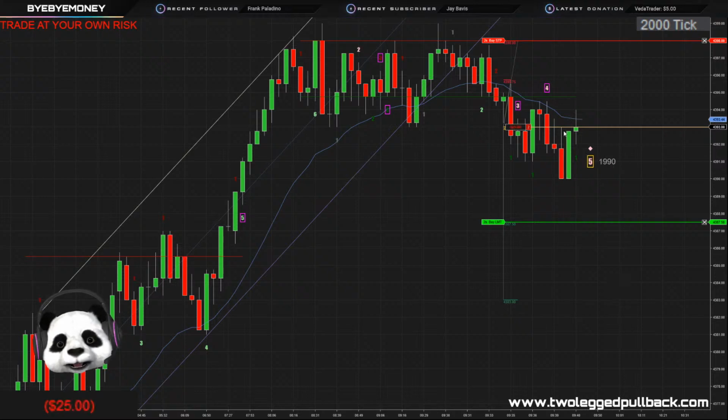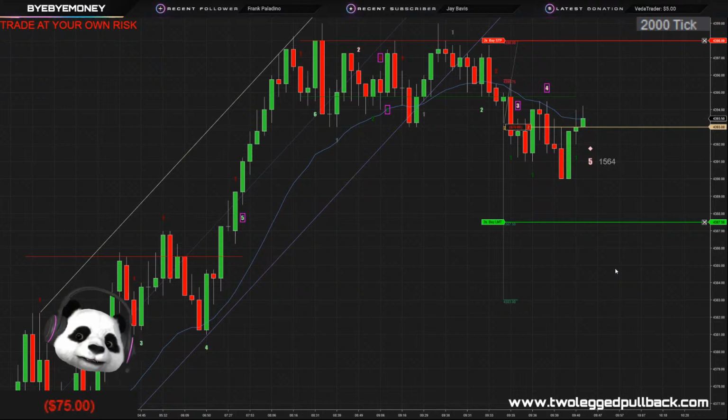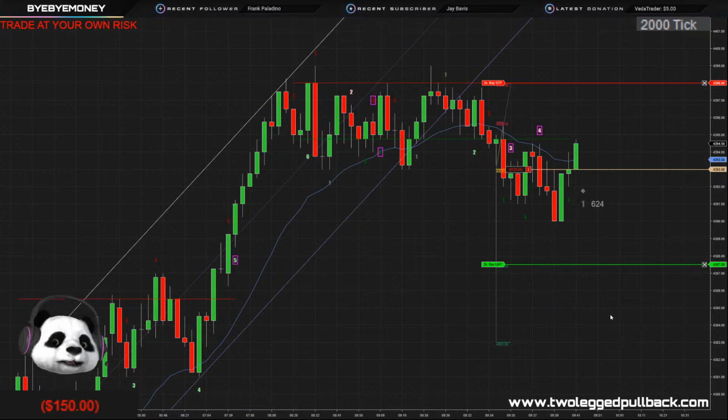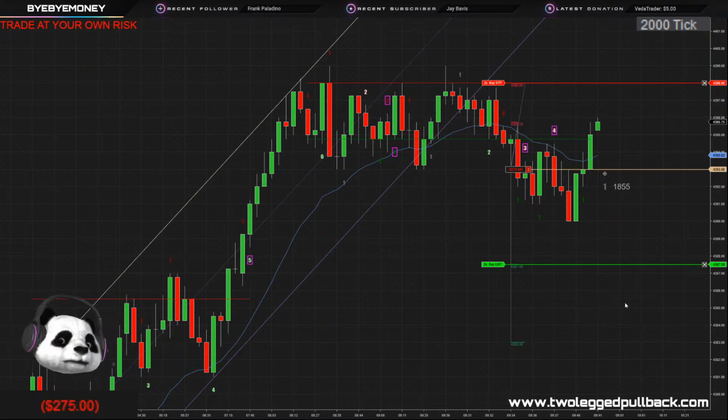Big reversal bar here. Should I skunk this trade? Looks like it wants to hit my stop loss. Had a 3-point swing. That's not enough though for the risk, for the setup here and for the risk reward. You're thinking 2x risk reward here. Looks like it's gonna stop me out,